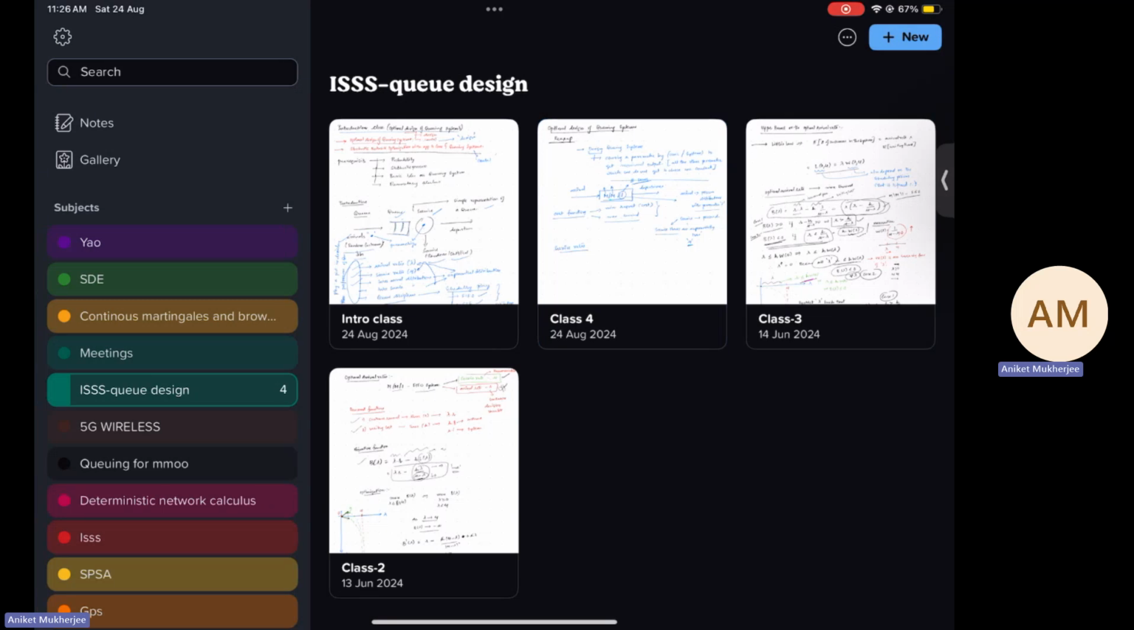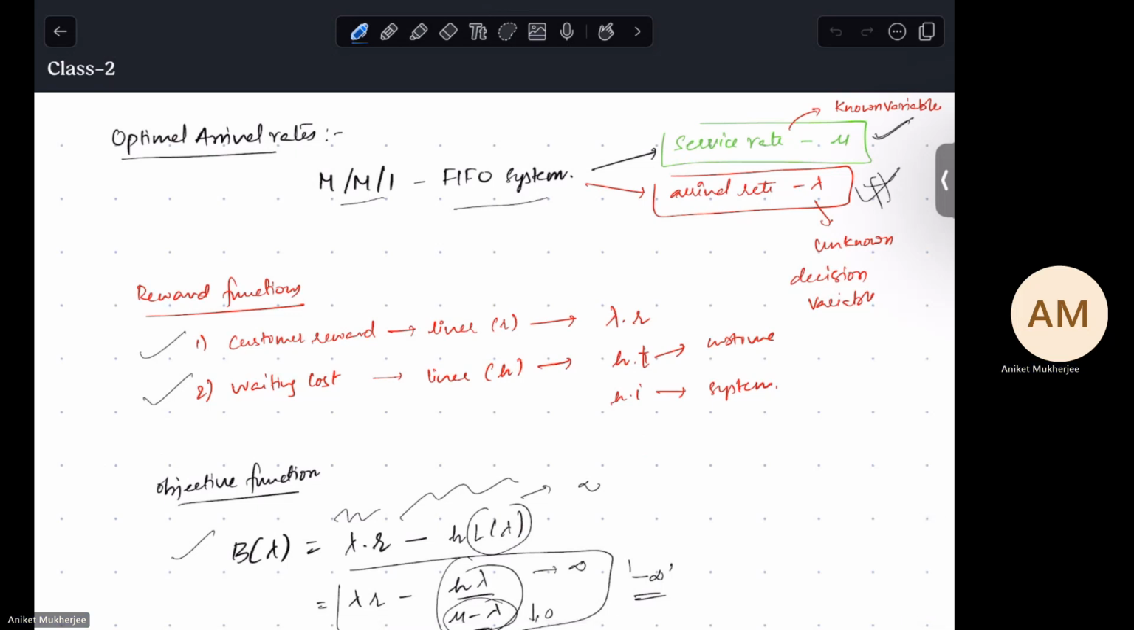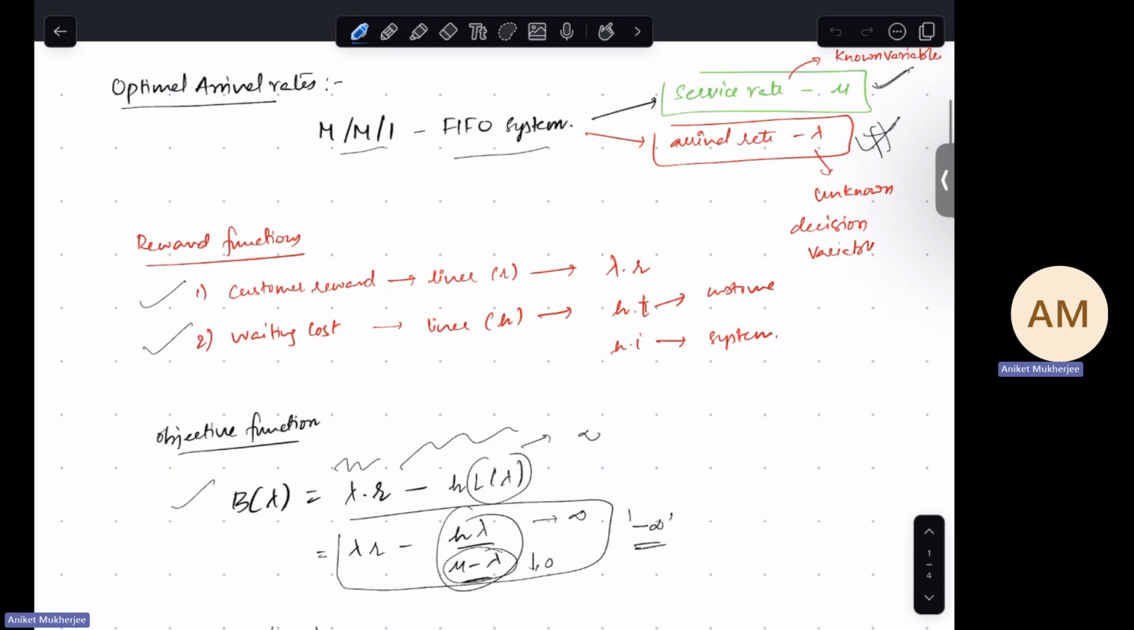So this was one of the classes that we saw. And then in class 2, we did the opposite. We found optimal arrival rates instead of optimal service rates. In the optimal arrival rates problem, the service rate is known and the arrival rate is unknown. And now here the cost function changes because